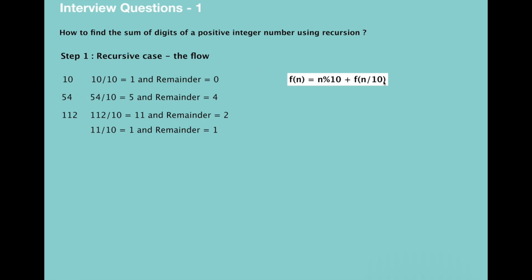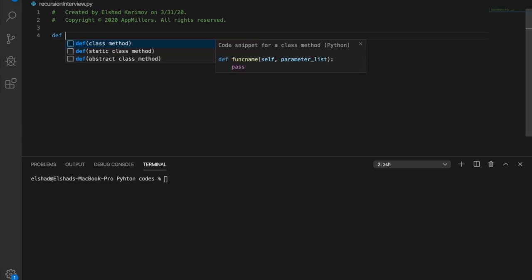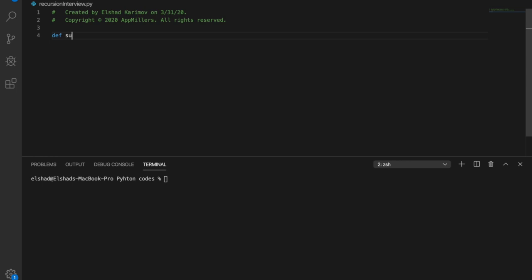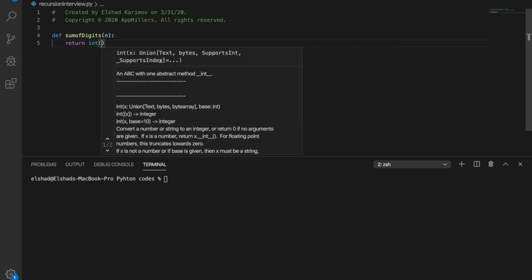Based on this recursive case, let's create our initial Python function. Let's switch to Visual Studio Code. Here I will create a new function, which is sum_of_digits. The function will take n as a parameter. Then it will return integer n